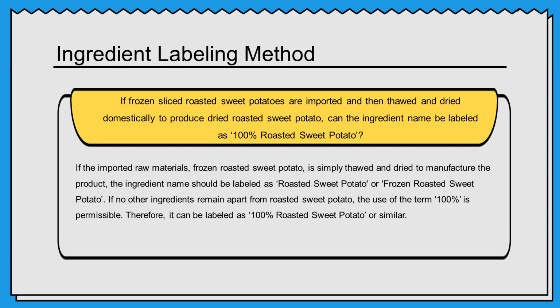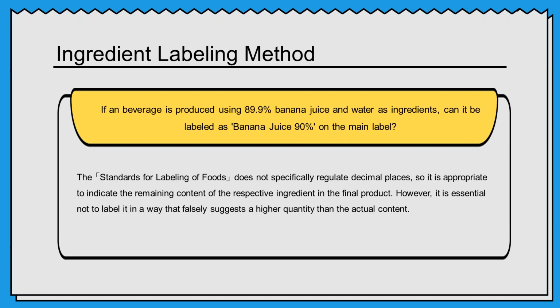When frozen roasted sweet potatoes are simply thawed and dried to manufacture a product, the ingredient name can be labeled as sweet potatoes or frozen roasted sweet potatoes. The 100% label can be used when there are no other ingredients remaining besides the sweet potatoes in the final product. The content of the ingredients should be indicated based on the amount of the respective ingredient that remains in the final product. Therefore, it is not advisable to label it as 90% on the main label when 89.9% of